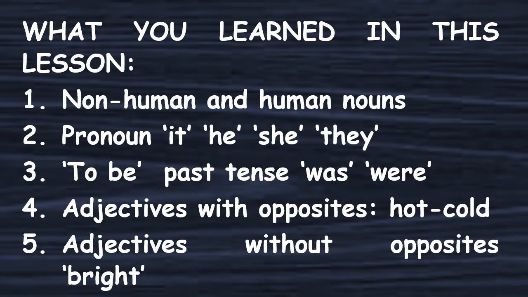You learned some adjectives with opposites like hot and cold. Make a list of all the adjectives which have opposites. You learned many adjectives where opposites were not given. That is a homework for all of you. Check which adjective does not have an opposite, find its opposite word, and make some sentences with it. This practice will help everybody.